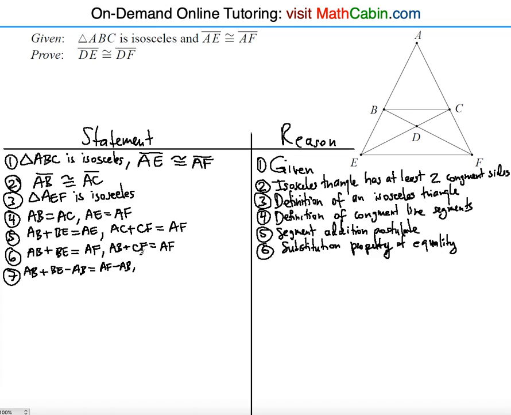I'm going to do the same thing on the second equation. I'm going to subtract AB. So AB minus AB plus CF is equal to AF minus AB. And this is going to be the subtraction property